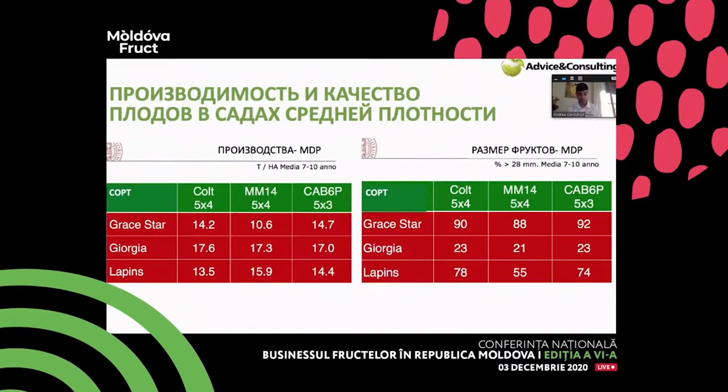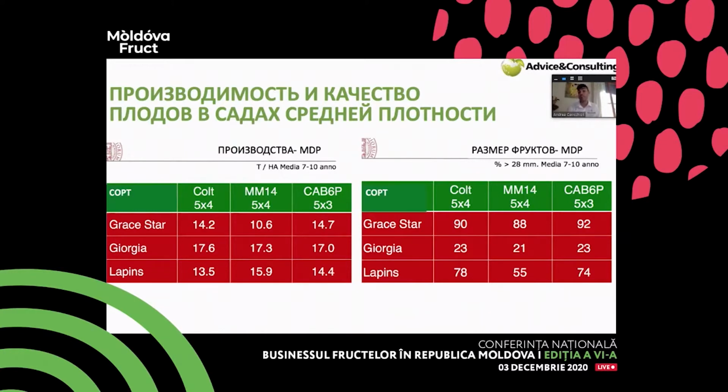And now I'd like to present an example of a test that was made at Bologna University using research funds. This is a test made for AgriStar Georgia Lapins, starting from the 7th up to the 10th year of such varieties. Why starting year 7 up to year 10? Because